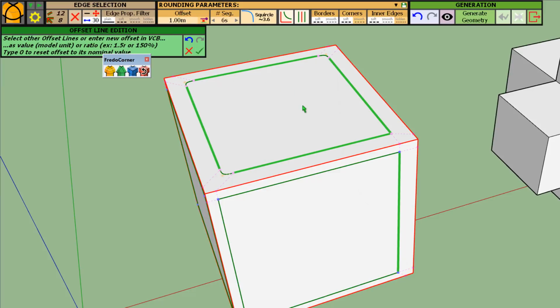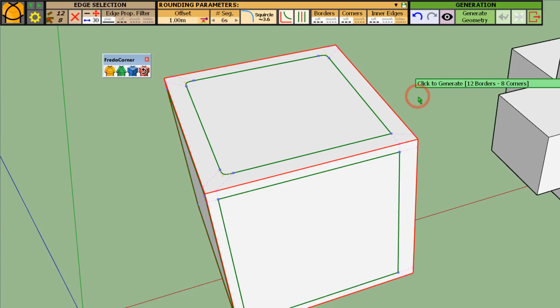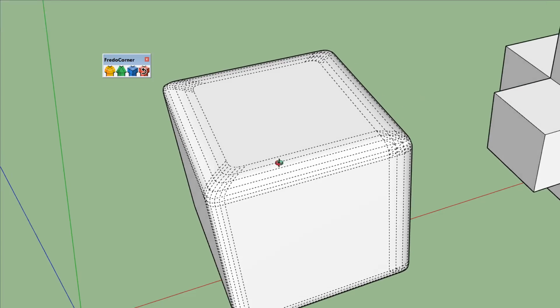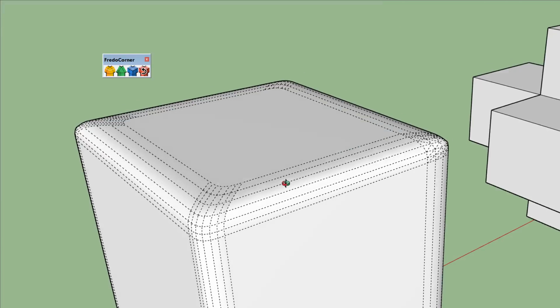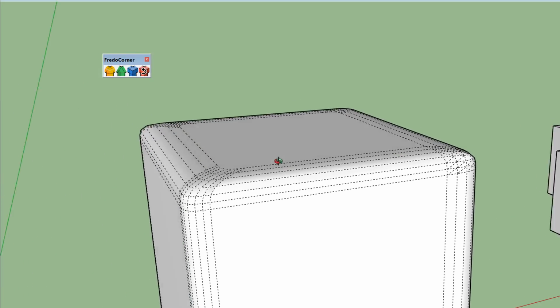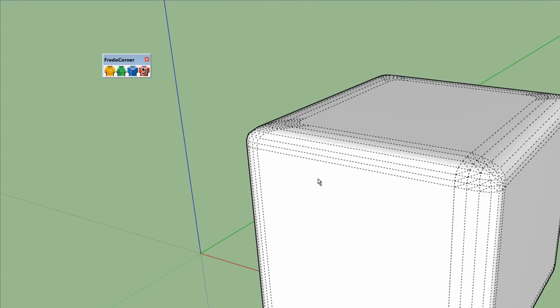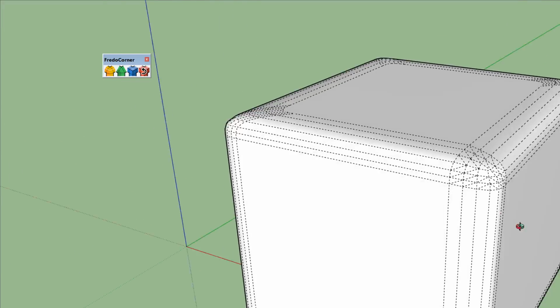So if I change the offset now in Fredo corner and put it to 1.5 meter, you see that the proportion is kept. Now let's generate this shape. So you see here you have asymmetrical offset at the borders on these four ones and also this one.